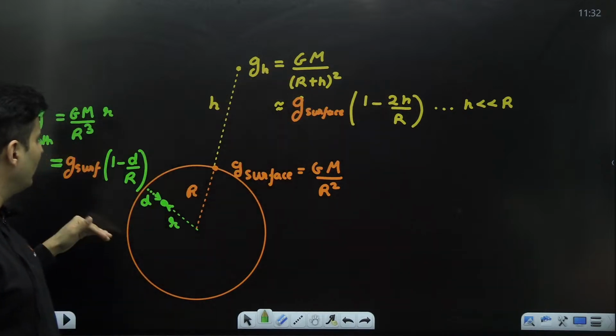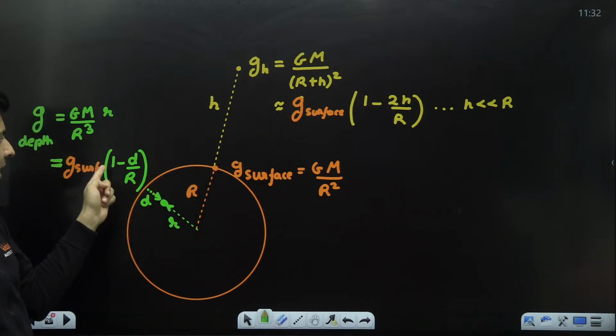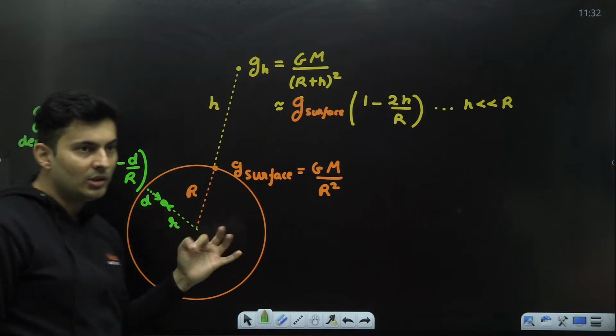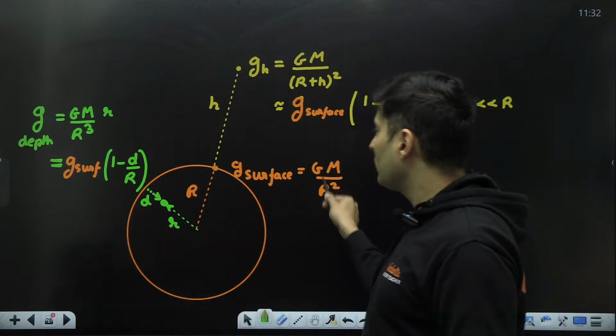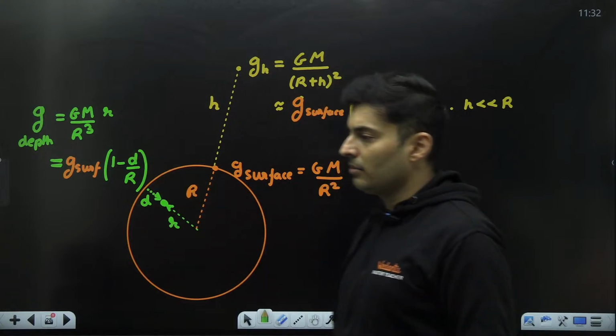This is above, this is below, this is approximate, this is exact, valid for all the depths. Depth need not be small or big, it can be anything. So these are the formulas on the surface, at height h, and below the surface of